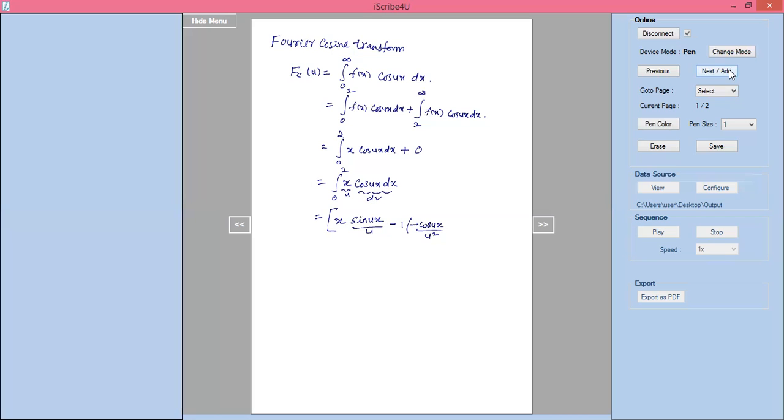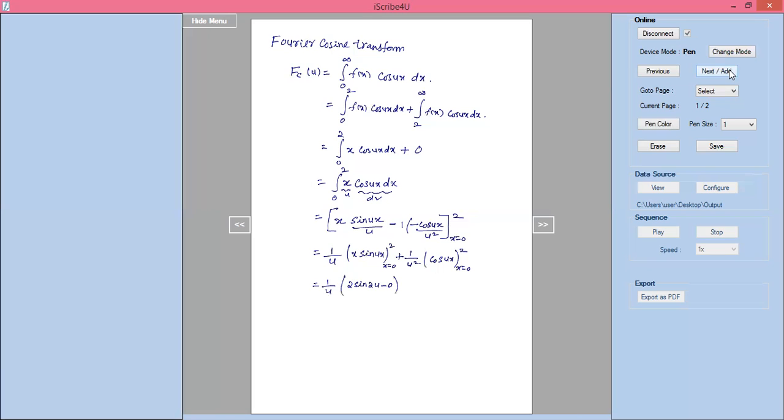The limit should be x equal to 0 to 2. Now I'll write this one: 1 by u into x into sine ux, that limit should be x equal to 0 to 2, plus 1 by u square into cos ux, limit x equal to 0 to 2. Now I'll write 1 by u into x, which is nothing but 2 into sine 2u minus the lower limit 0,